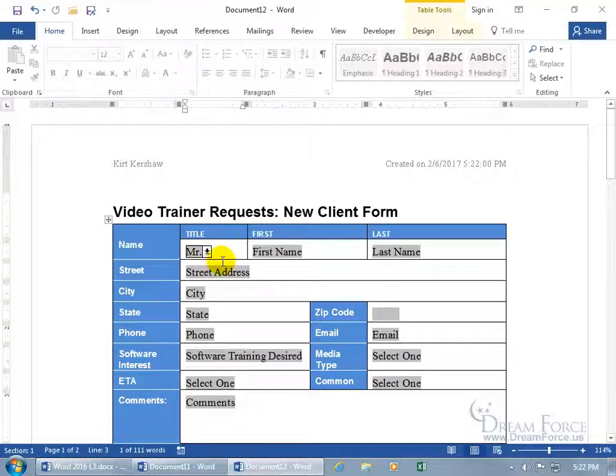If I don't exit it, it's not going to update it. So I have to hit the tab key or just move to another field. And then I can type in Kurt. Well, I don't have to type in all the fields. We can just focus on